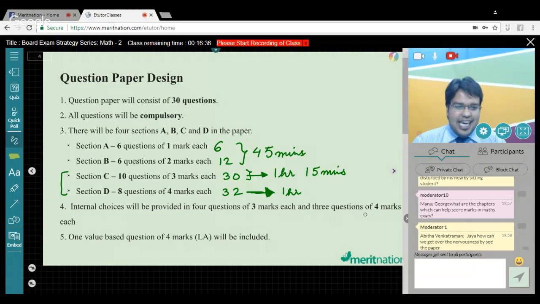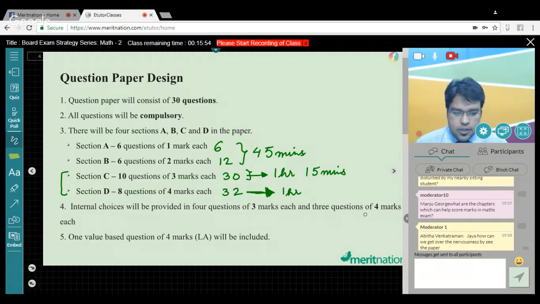But my personal favorite is section A. I start from section A and B. During my board exams, I started with section A and B, each and every question. That gave me a lot of confidence boost, right? I was like on cloud 9. Okay, fine. 40 minutes done, and I'm done with 18, or rather 12 questions in your case, right? So that gives a confidence boost, and also it builds a momentum of solving the questions. As soon as you solve a question, you tick mark on the question paper, right? So you start from section A and then B and then C and then D. If you get stuck in a question, leave some space, leave some gap, and then move on to the next one. And do not keep the question in the back of the mind, right?